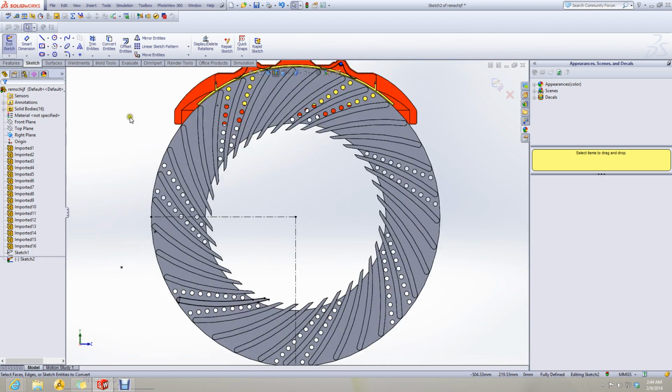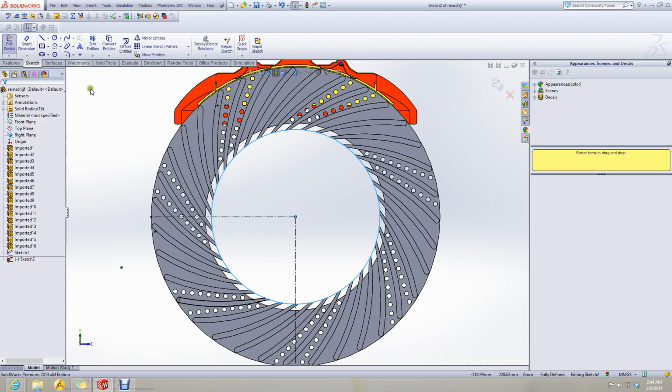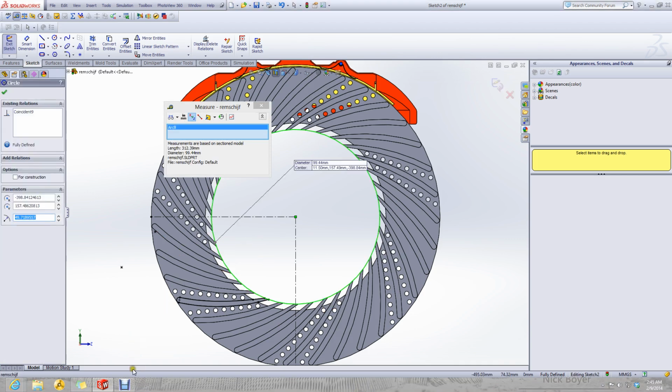Let's measure the diameter of inner circle. It is 99.44 millimeters.